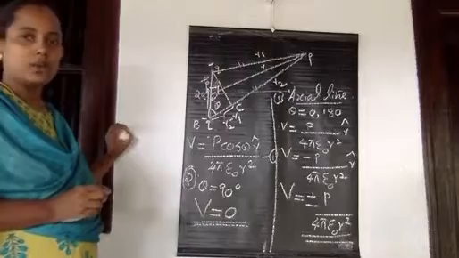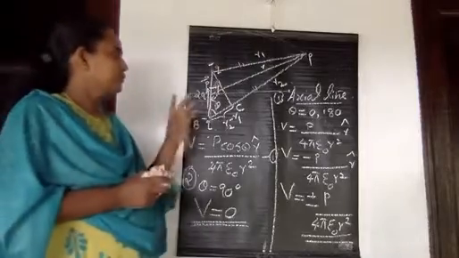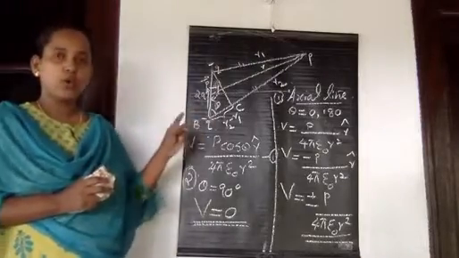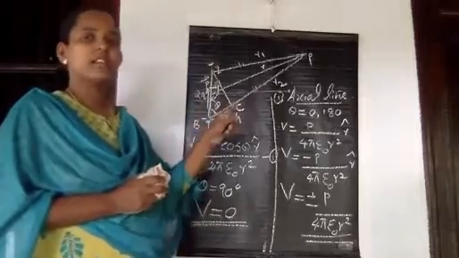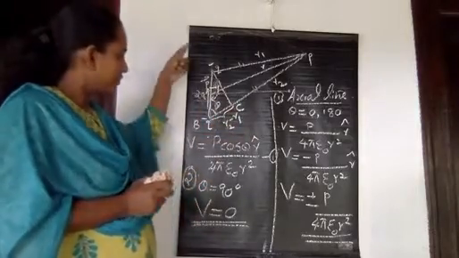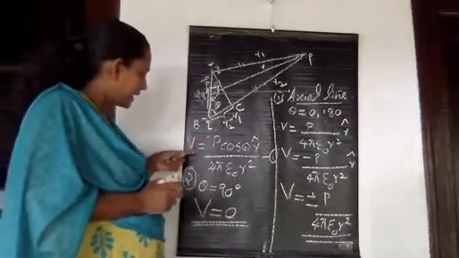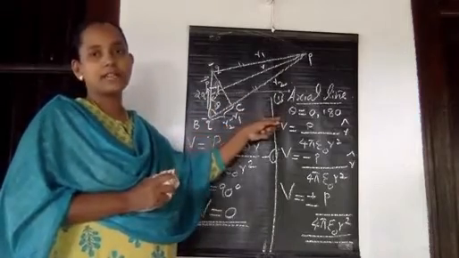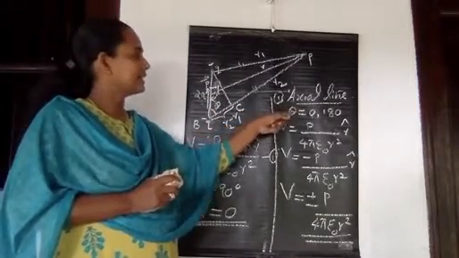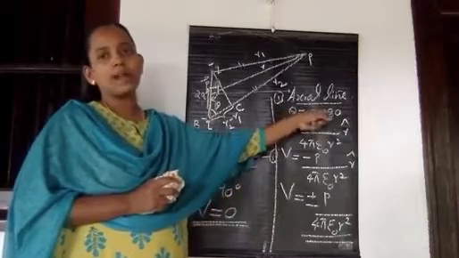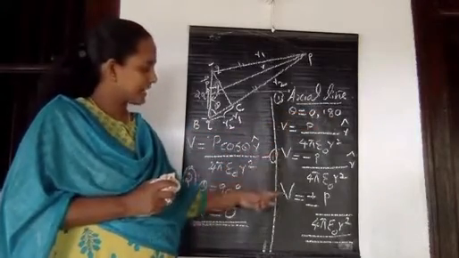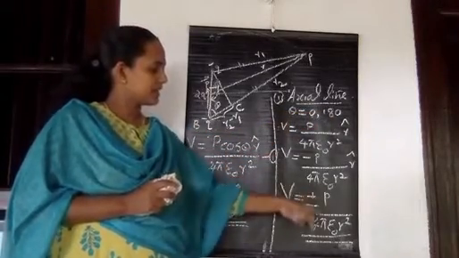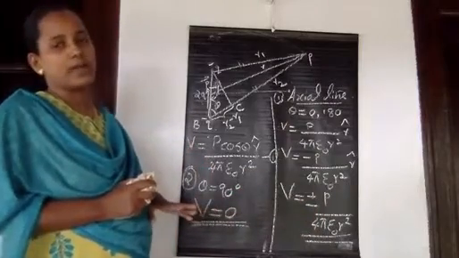Is it clear? So if you get a question to derive the expression for the potential on the axial line of an electric dipole, first of all, you should derive the expression up to here. After that, you can apply the special case: on the axial line, the angle theta becomes either 0 or 180 degrees. Therefore, you can write the potential as V is equal to plus or minus P divided by 4 pi epsilon 0 r square.